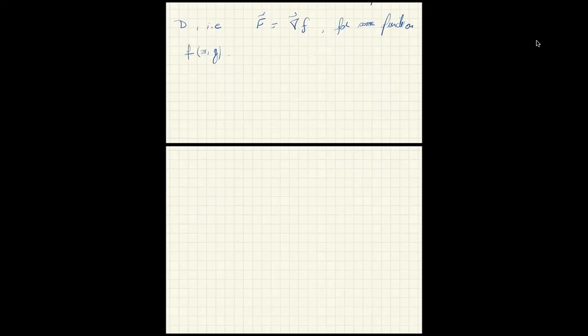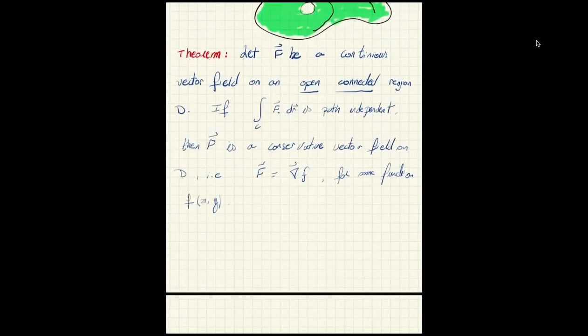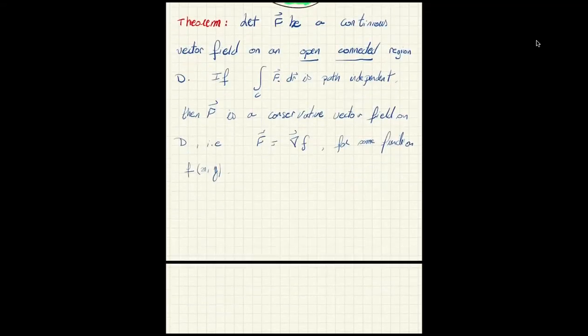But it's very important that you understand what the theorem is saying and how to apply it. Now the thing is, this theorem is not going to be that practical in real life. You have to be open and connected. Yes, a lot of these regions are, but